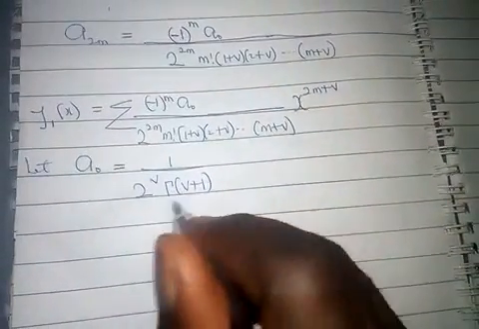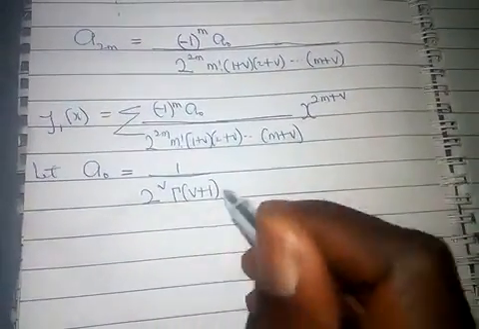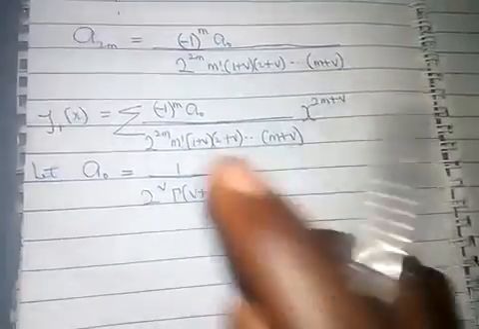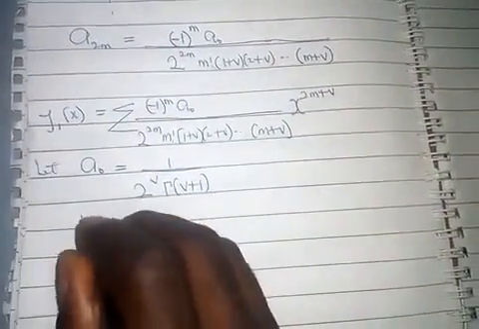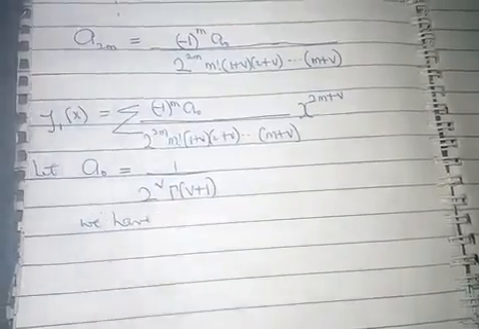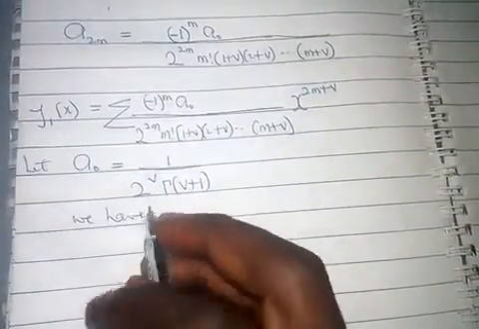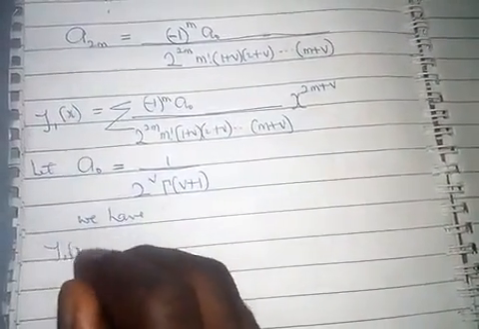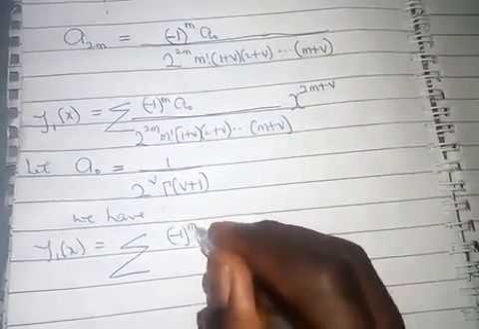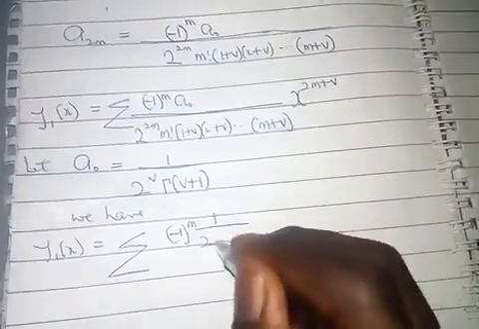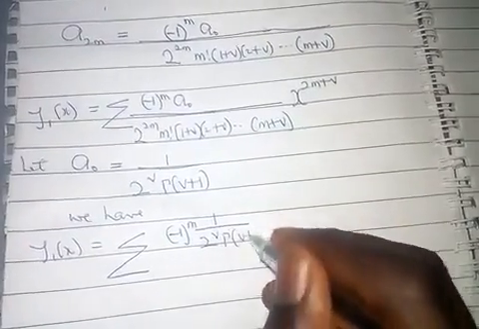So you try to revise your gamma function very well, because we use the principle here. In this case, we have y1 of x equals, anywhere you see a naught, you put 1 over 2 to the v gamma v plus 1,